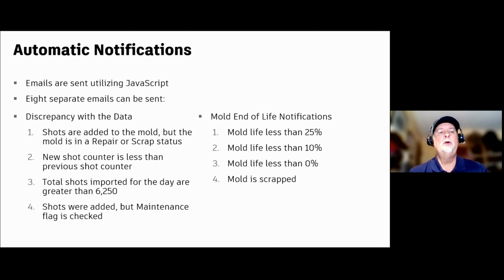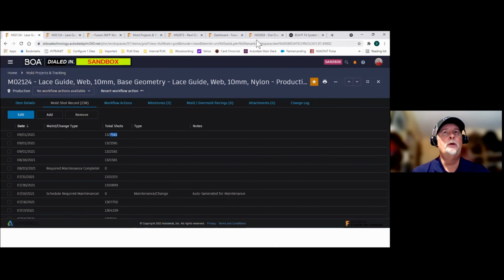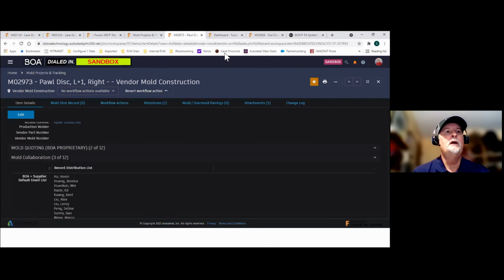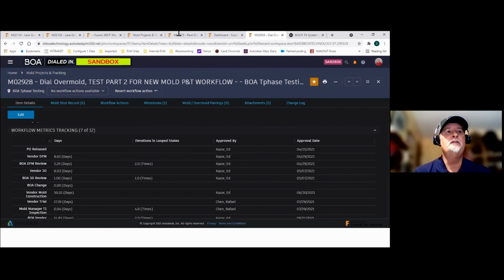The other thing that we've been doing now with the workspaces is this interconnectivity. We can go to a given mold and at a glance understand what parts that it makes. If we go to the part in the parts and assemblies workspace, we have a list there of all the molds that make that part and their current state and current life cycle. So that again, at a glance, our engineers, our planners, our contract manufacturer can look at a mold and see if a mold is beginning to approach its end of life.